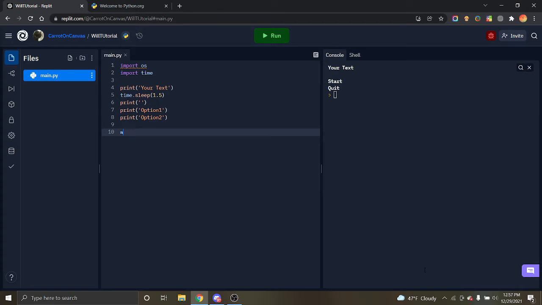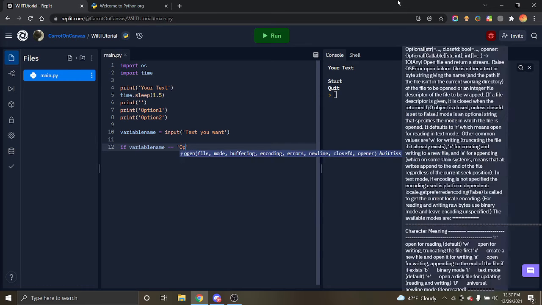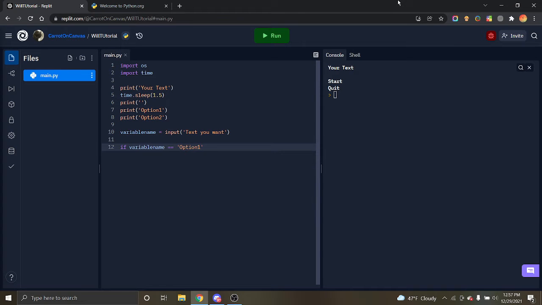I'm just going to name this variable name, as this can be anything. Then we put input, then the text you want to put in there. And now we're going to type if variable name equals. Remember, you have to put these inside of parentheses so that it knows that this is what the person typed. So if it equals this,